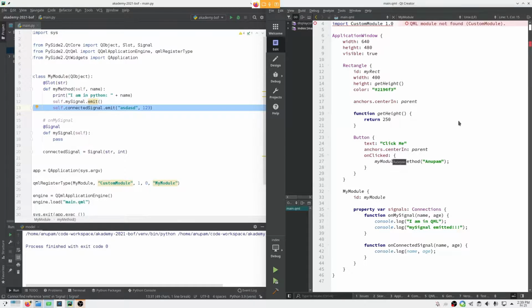Let's start with properties. In our last session I was telling how these properties are defined in QML and how these are declarative, how you can write JavaScript expressions instead of some static values. We did some method calls and signal emits. Let's focus on something called notifiable properties.